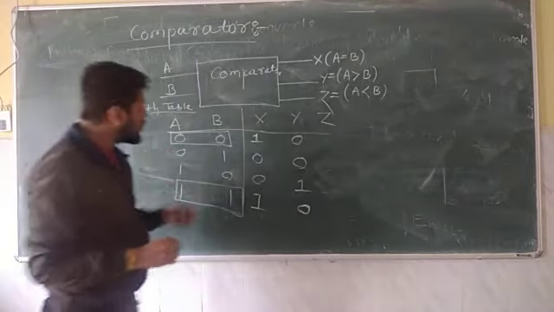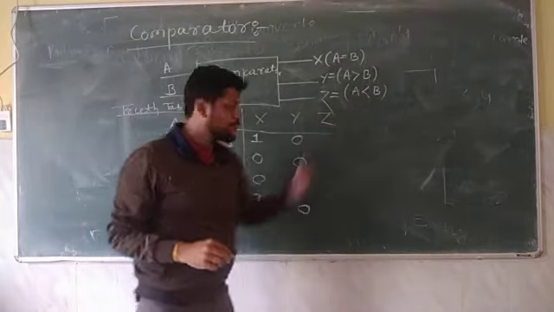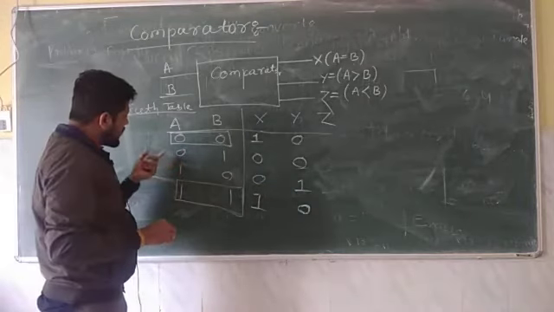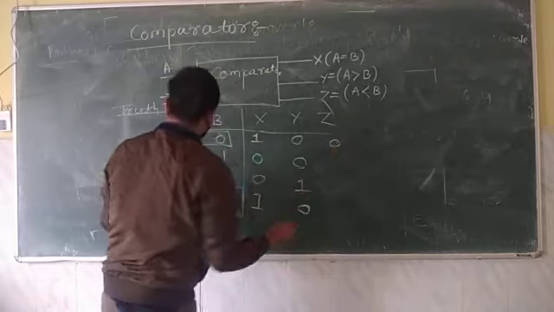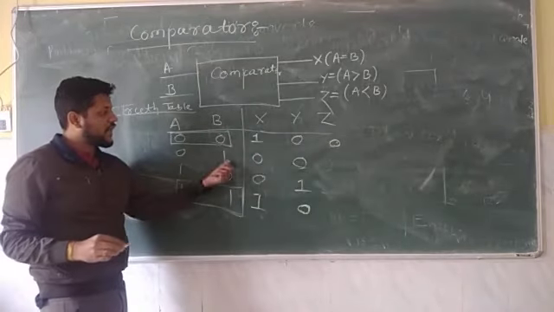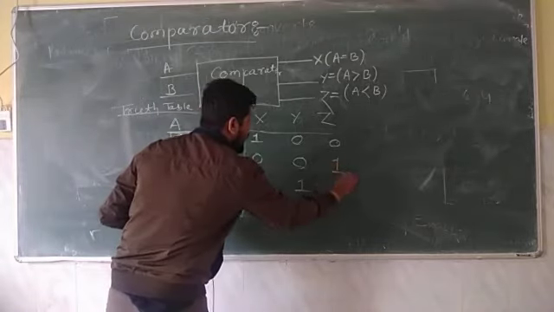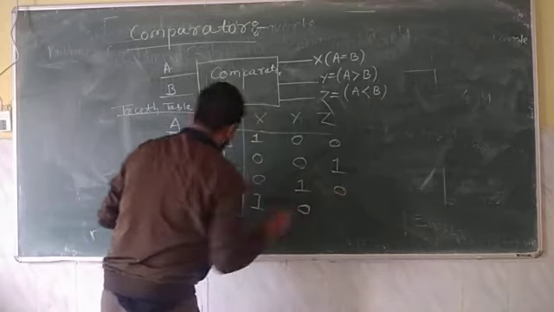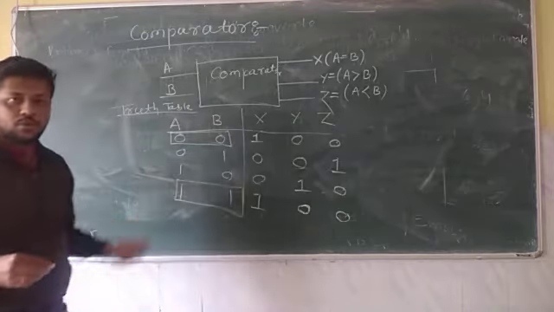Then the third condition is we have to check when A is less than B. So we are going to check this. Where the first condition A, B are equal, that is 0. Second, A is less than B, because A is 0, B is 1. This is the condition where A is less than B. After that, A is greater, then we have A is 0. So now we have the truth table.